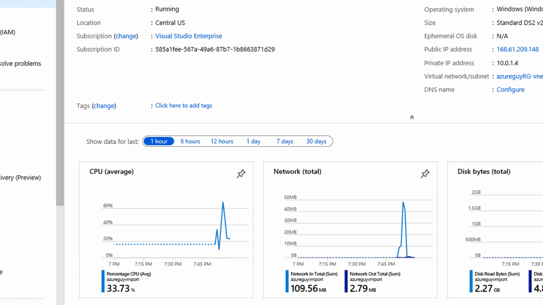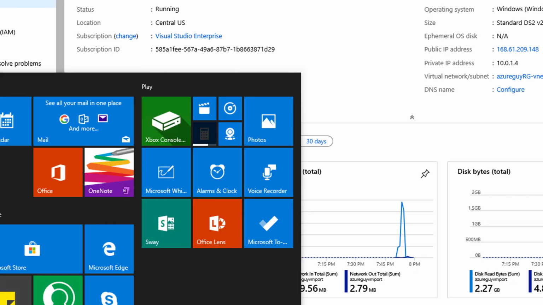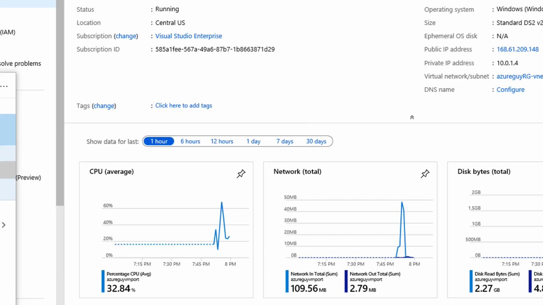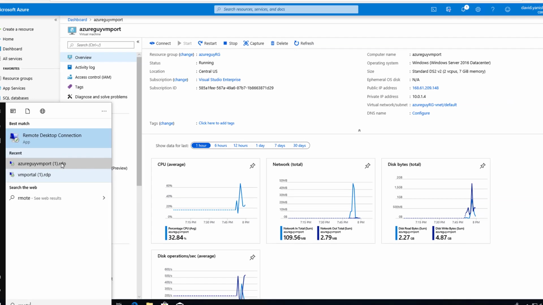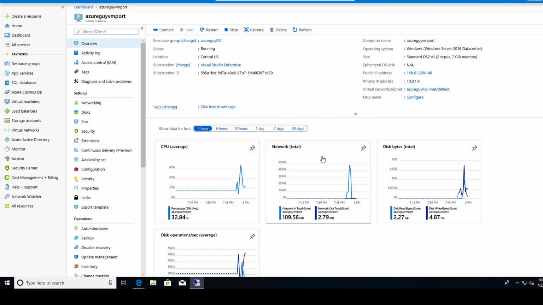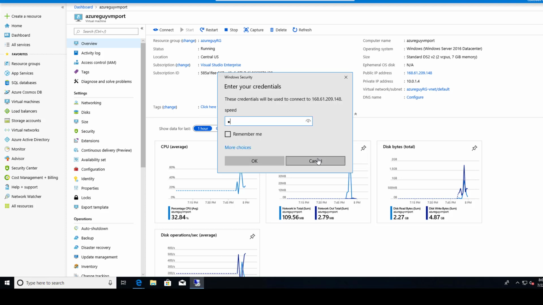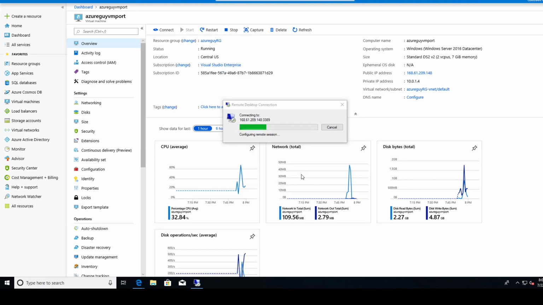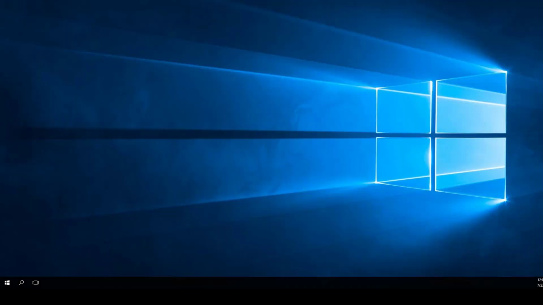Oh, look at that. It's something I never noticed before. Let's do this. See what happens. I believe this will get me there. Yep. So all we're going to do, just to make sure the PowerShell thing worked, is open up